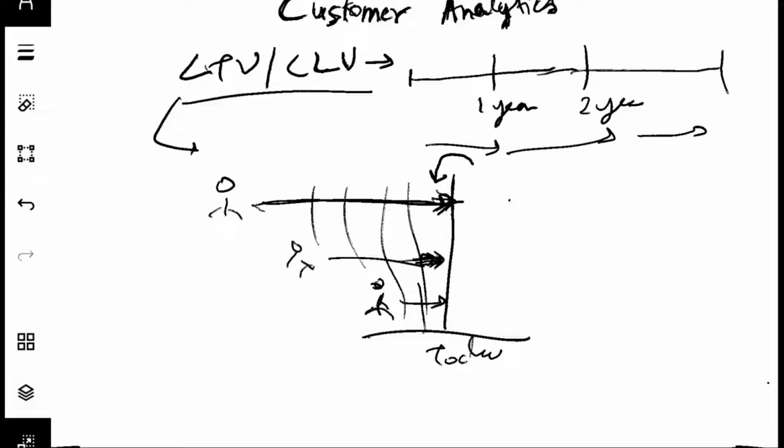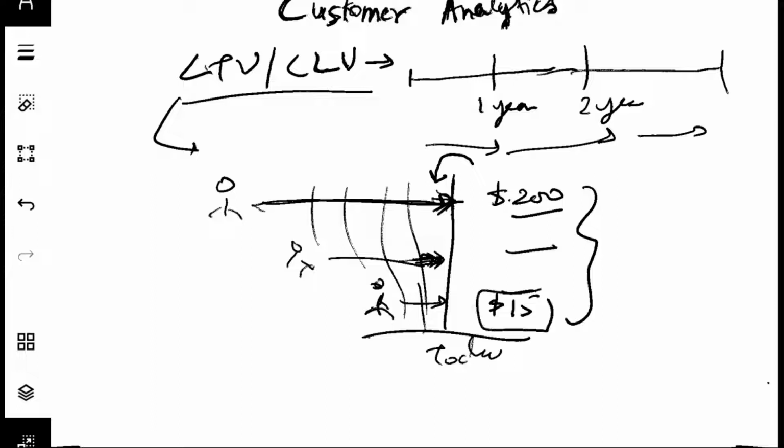And the reason why you want to react is, if some customer is worth $200 versus somebody who is worth $15, you want to be able to do something different. Let's say you were going to do marketing, you're going to be able to do much more incremental marketing. You're able to spend a lot more dollars on this group versus the $15 group, right? So it's important to do, and marketing is one use case.